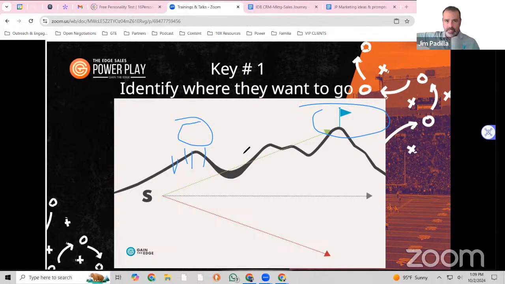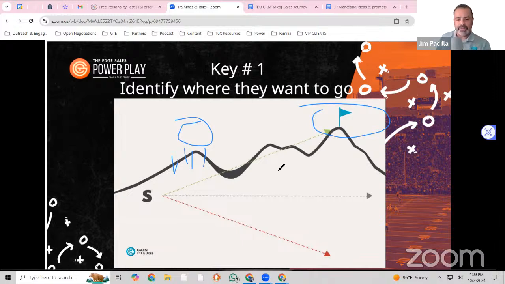Everybody doesn't run the distance with us, but everybody knows where the journey is and what we're trying to do along the way. Some people get on and take a part of the journey with us, and then they get off because they got what they needed. But everybody knows where we're going. So we're having a unified conversation in our world, and that's who we're speaking to. Okay. So you want to be clear about where they want to go.